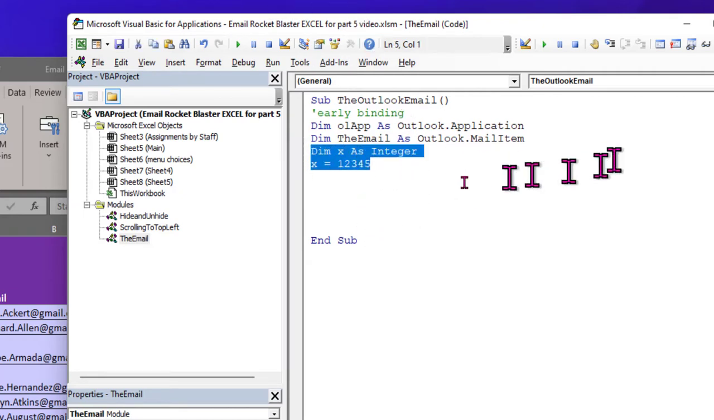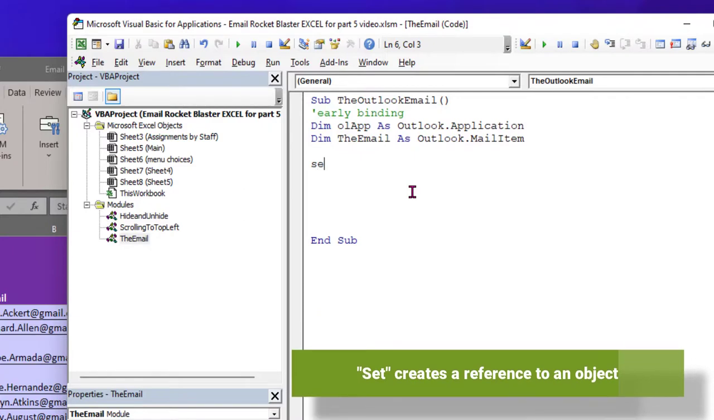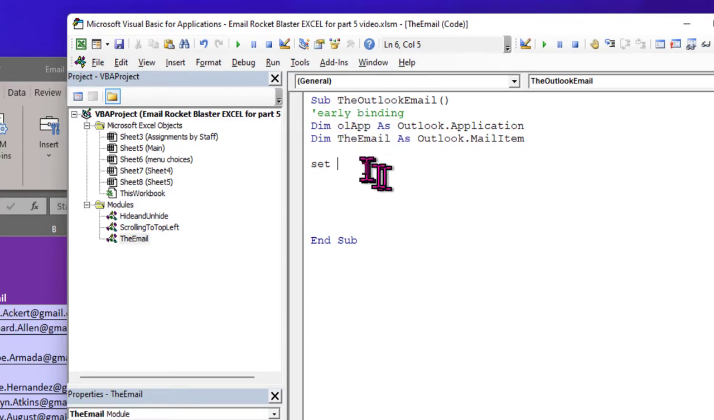But when you want to declare actually what an object is in Outlook, you have to use the word Set. So instead of just saying x equals, we're going to use the word Set. So we're going to say exactly what OLAPP means. First, we want to make sure that when Excel knows to use the Outlook application, it's going to see if there's already an instance of the Outlook application already open. So what we want to do is say OLAPP equals New